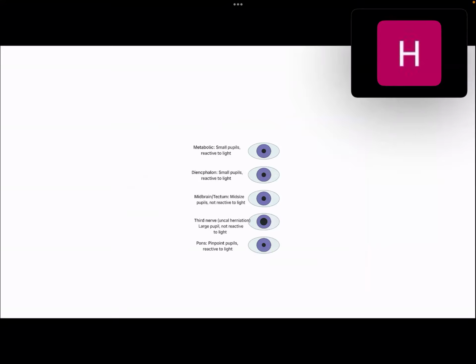Next, we talk about the effect of different pupils. The first most important point for PLAB 1 is that if there is a unilateral pupil change, remember, it is always some lesion that is unilateral in the brain. If it is bilateral, it is systemic causes. What are systemic causes? The whole of the body has been involved by medications, drugs, metabolites or something else. This is how you'll differentiate a tumor from systemic causes.